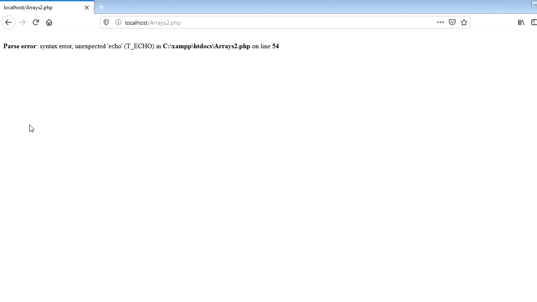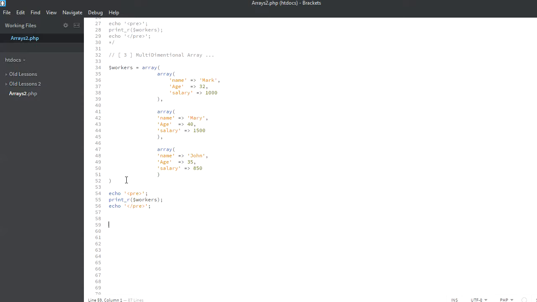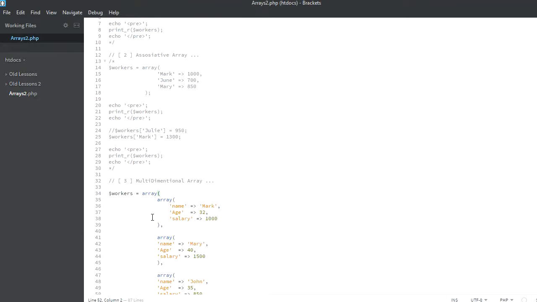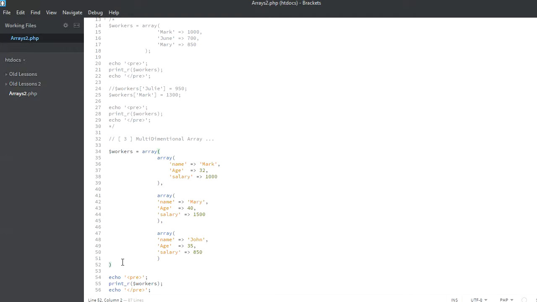Localhost arrays, and we have a problem in line 54. Let's go back. 54 right here. Okay, we didn't end our big array with a semicolon. Okay,